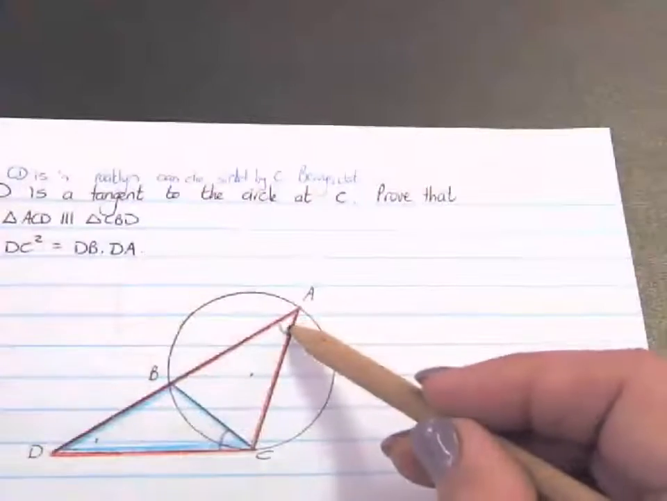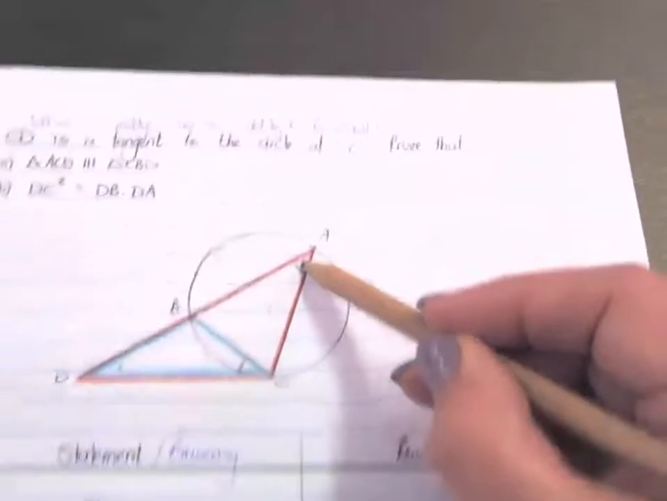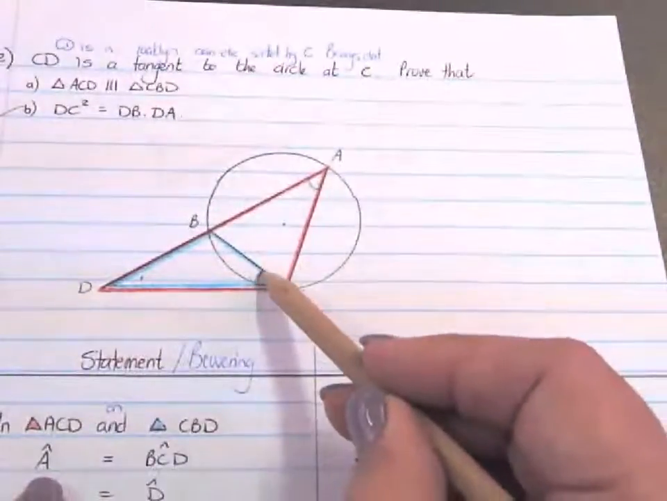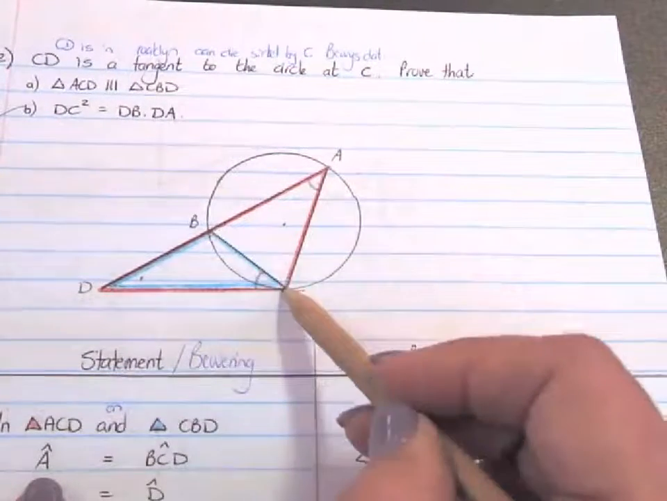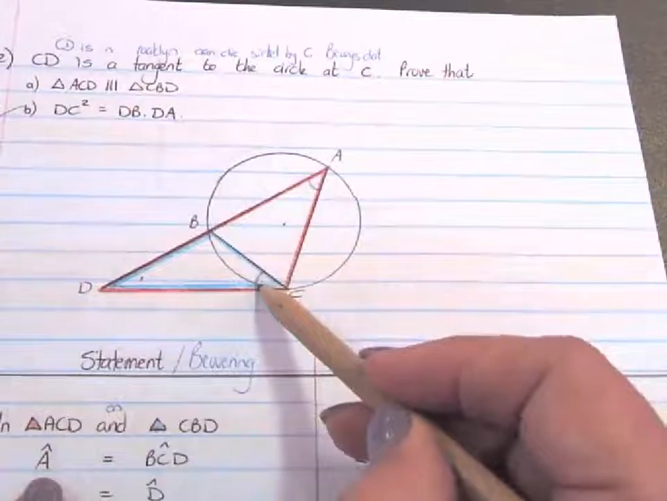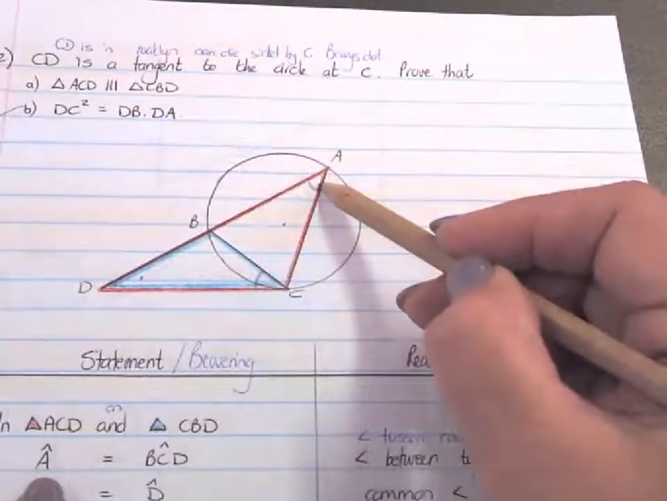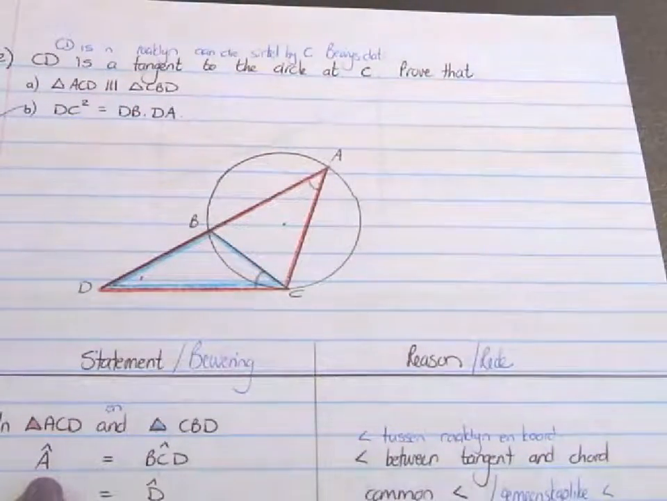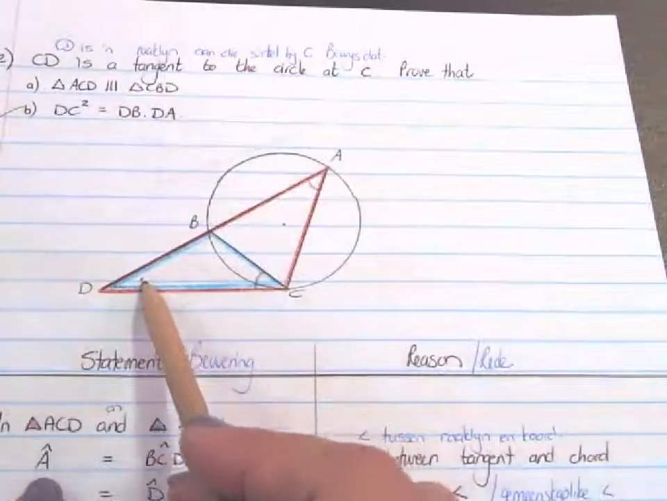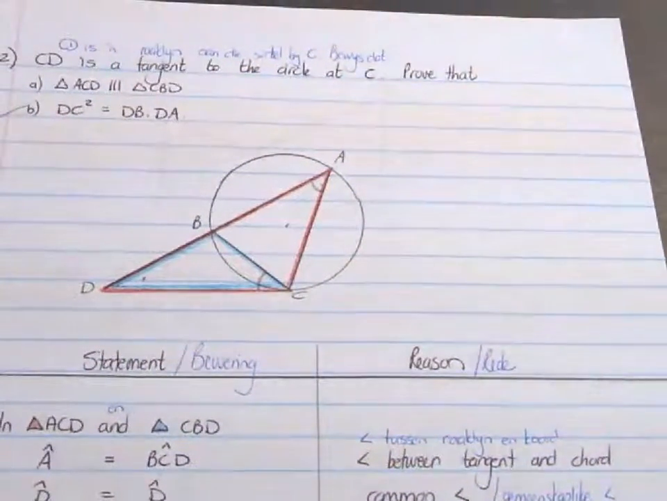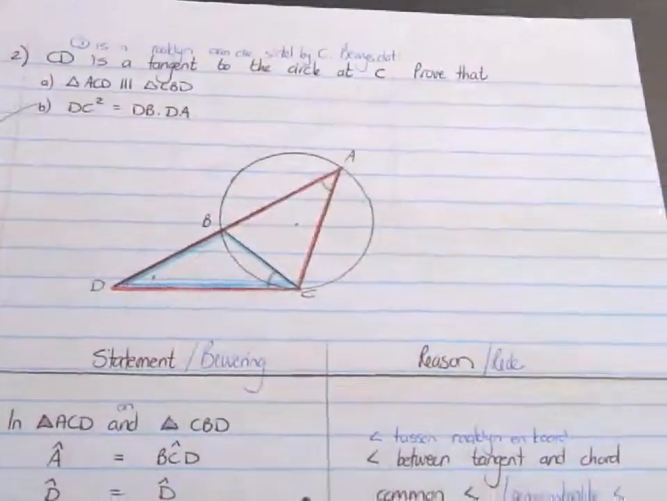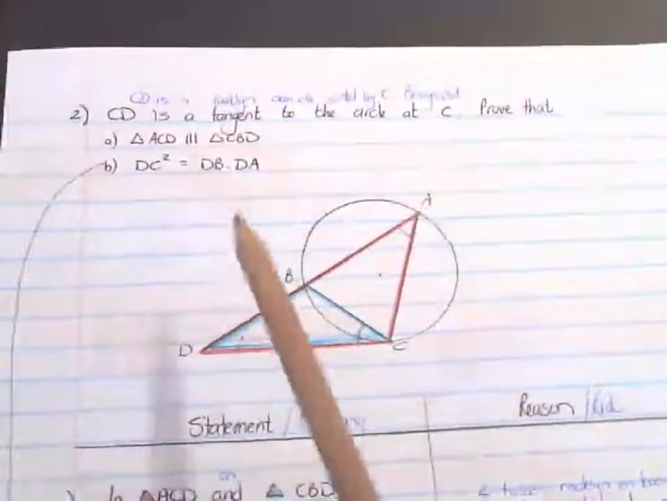Okay. Angle A in the red equals angle C in the blue, because there's a tangent and a chord. The angle between a tangent and a chord is equal to the opposite. And then D is our common angle. Hence you can say, therefore, similar. Okay. Now that we've done number A,